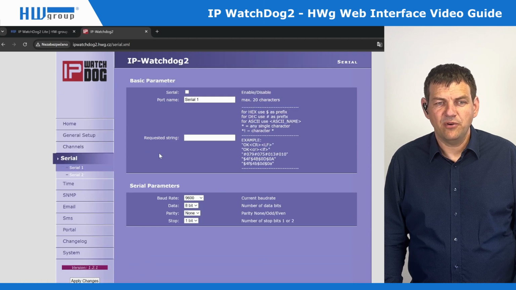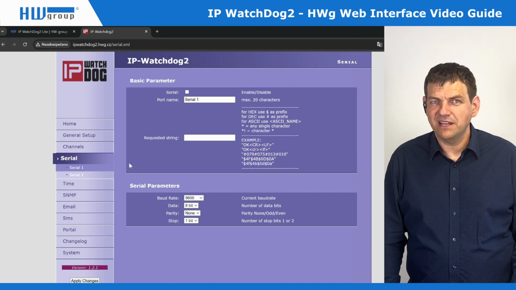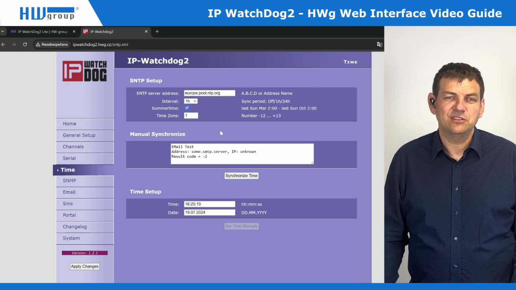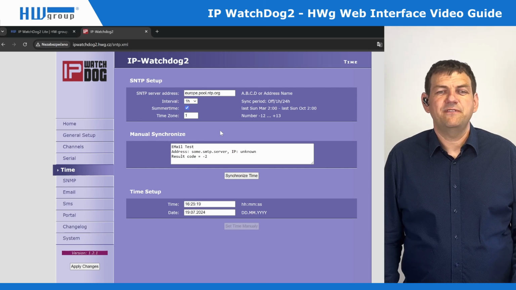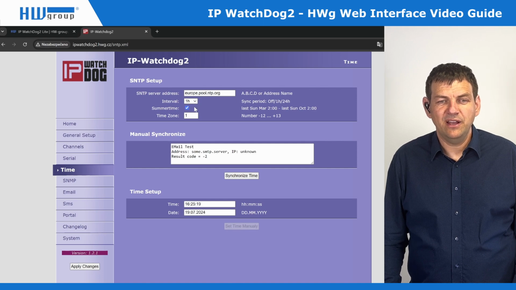Let's go to the serial port. It's mainly about the requirement for incoming data from some machine, but this is quite a specific part. Let's go to the manual for that. Time is important because you need to send an email saying, yes, I restarted the output, so a time should be defined: I restarted at this time or that time. So here is the pool for the time servers. We are checking the time every 1 hour. Of course, we support summertime, and you can define how the time looks.